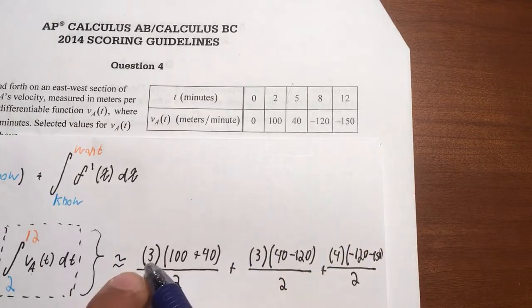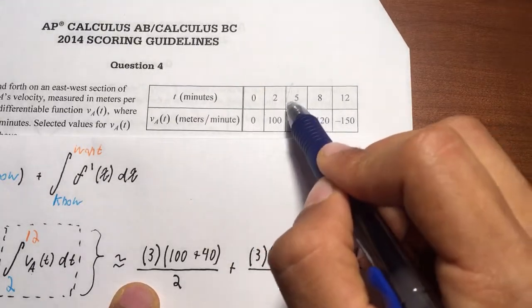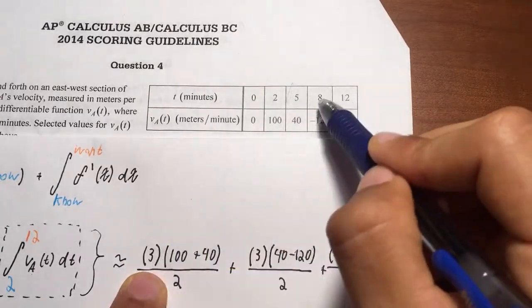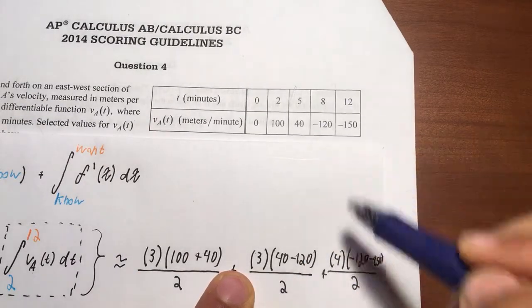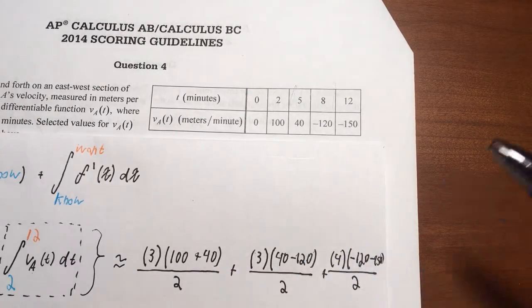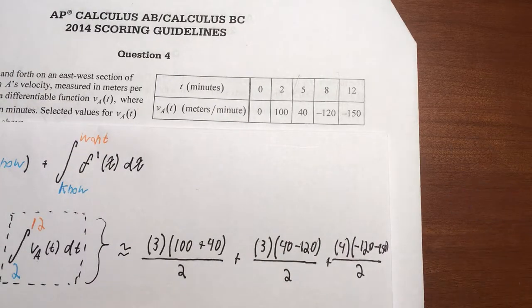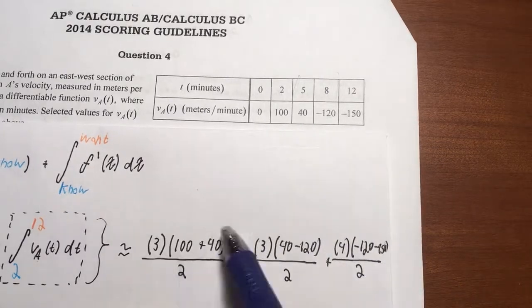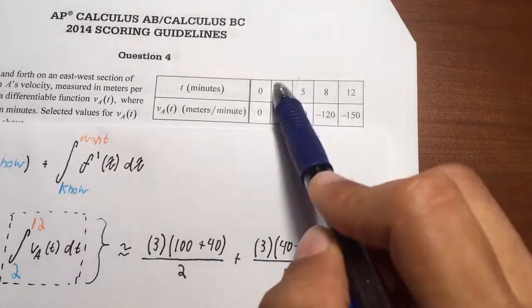This parenthesis over here, 3, 3, and 4, is simply the difference in time t. So 5 minus 2 is 3, 5 to 8 is 3, 12 to 8 is 4. That's where I get my values from. Again, it's more of a pattern. There was a formula to it, but better to just look at the pattern and understand it. Each time I divide by 2, this goes in as the combination, and 3 is simply the difference between that